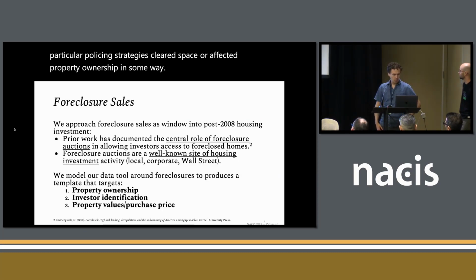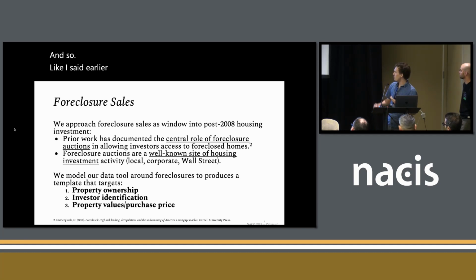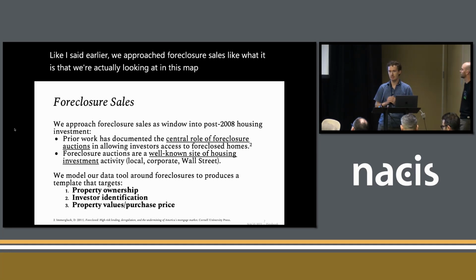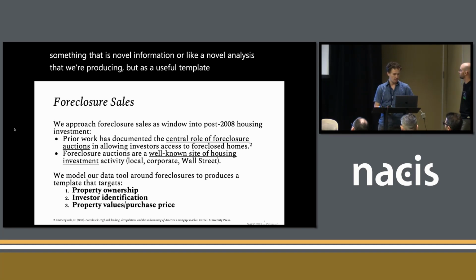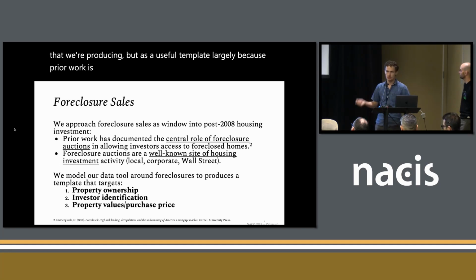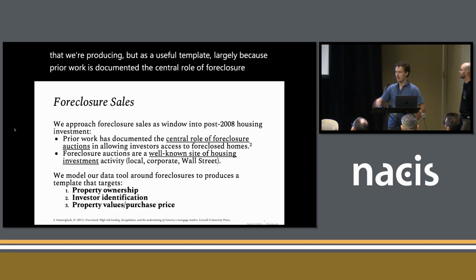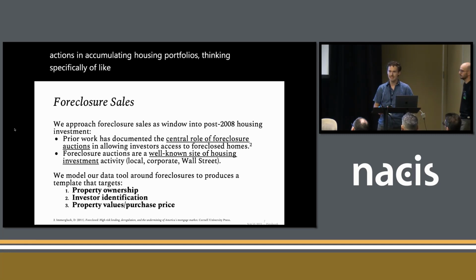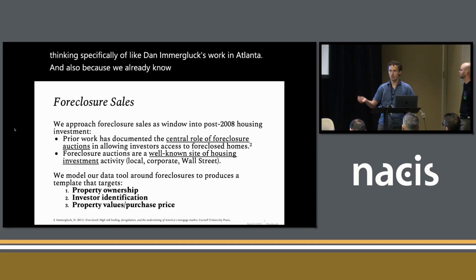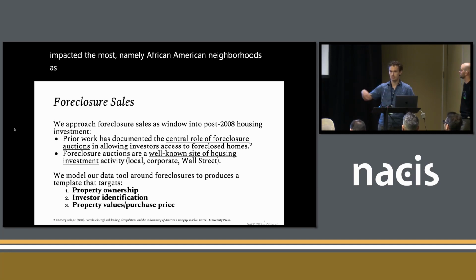And so, like I said earlier, what we're actually looking at in this map is not necessarily novel information or a novel analysis that we're producing, but a useful template. Largely because prior work has documented the central role of foreclosure auctions in accumulating housing portfolios, thinking specifically of Dan Immergluck's work in Atlanta. And also because we already know who foreclosures impacted the most, namely African-American neighborhoods,